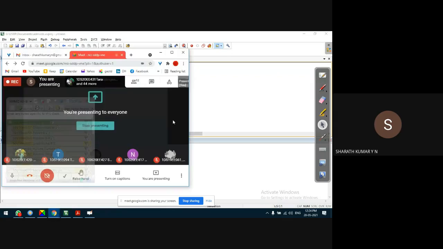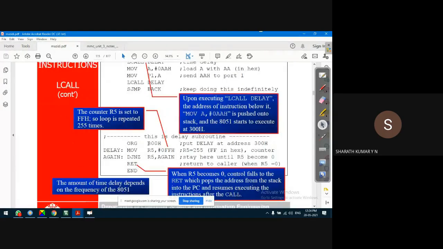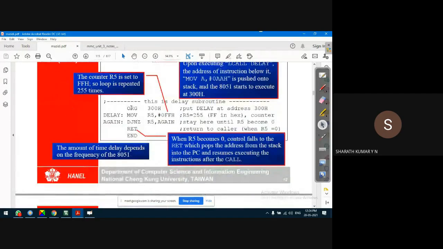So the target address is within the range of the subroutine. ORG is optional, because unless you want a particular address, we can use this; otherwise we can also directly write the program. We'll try both ways. First, I'll not use ORG, because for bigger programs, in ISRs or interrupt service routines, we need ORG to initialize the PC again. Not now at least.